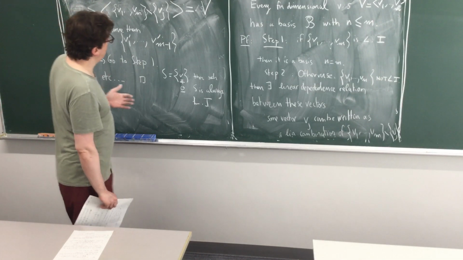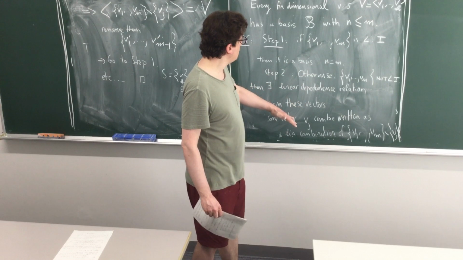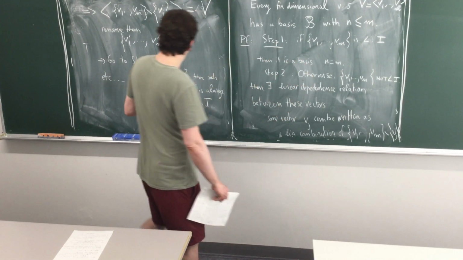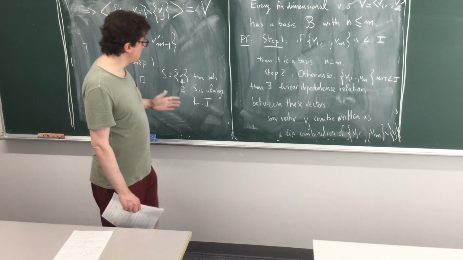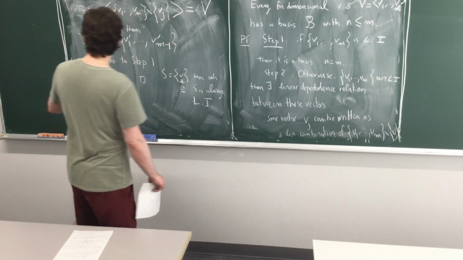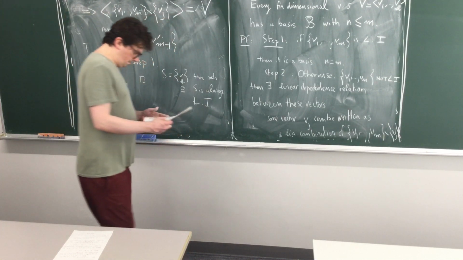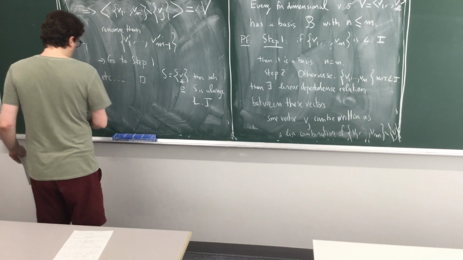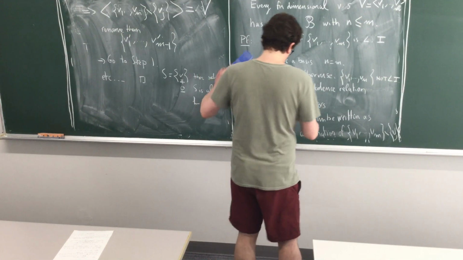So basically, you follow this algorithm. Each time, potentially you remove one vector. At the end, you will end up maybe with only one vector, and it will be necessarily linearly independent, so you will end up with a basis, okay? Okay, so this is the proof of theorem 2. Now, let's see theorem 3.